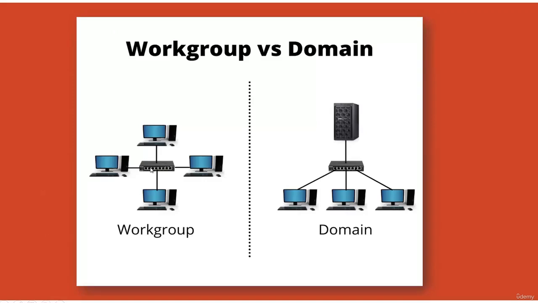So this is the diagram of the workgroup, where you can see this is a switch, or hub. Mainly now we are not using hubs. A different kind of method is used in a hub, and this is a switch. Using this switch, all machines will be connected together. I mean, this PC will be able to talk to this PC, and to this PC. So each of these devices is interconnected, and they are able to share files, folders, anything,